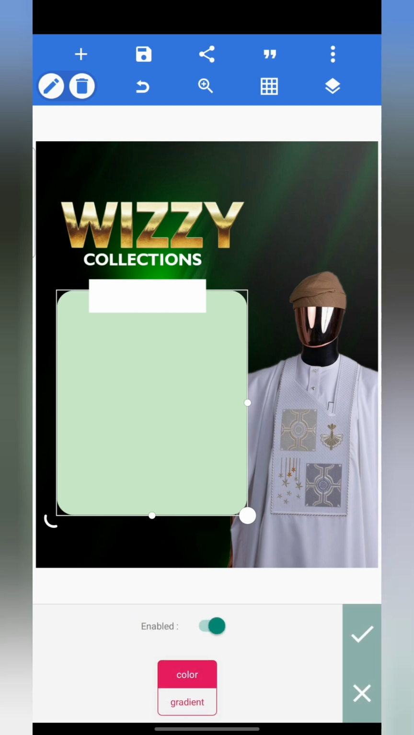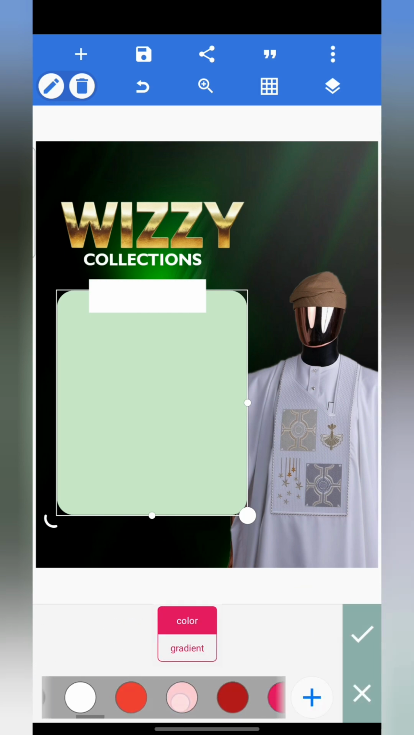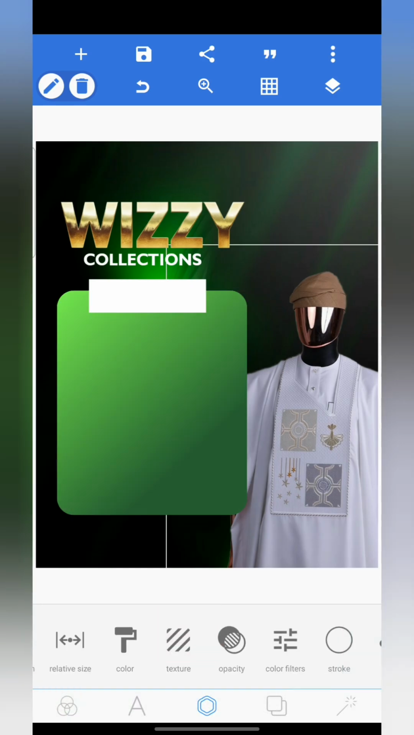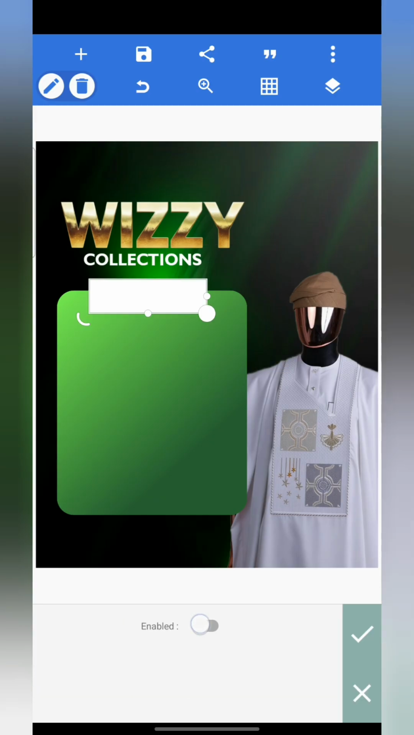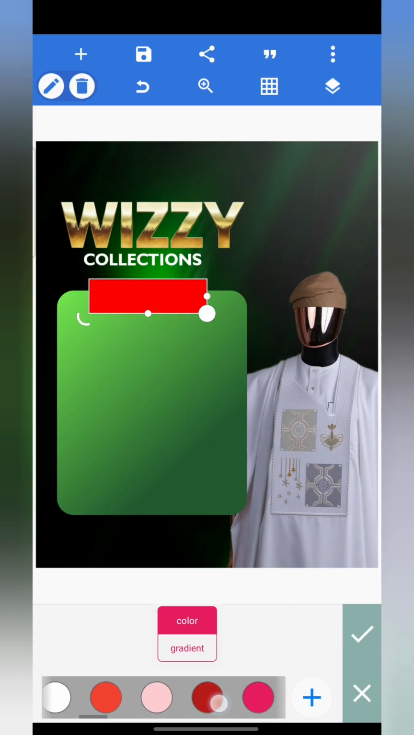So let's change the color. Let's go to gradient. Let's change it. Wow, I love this color. So after this we're just going to change our white color to